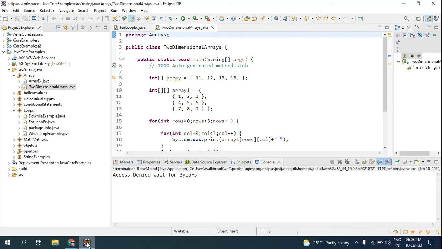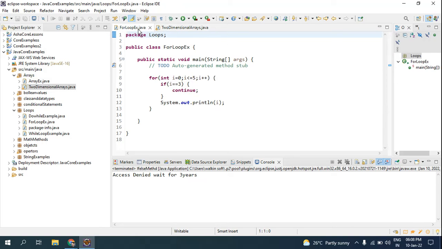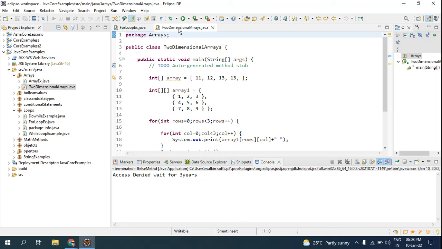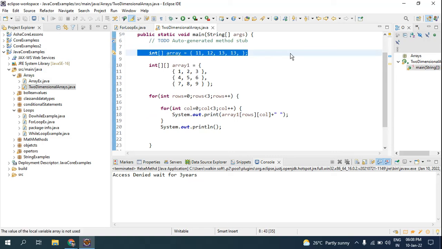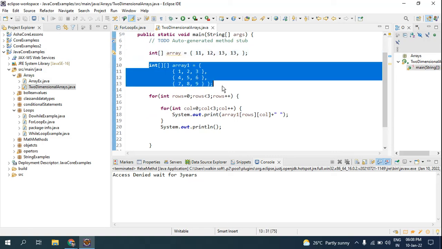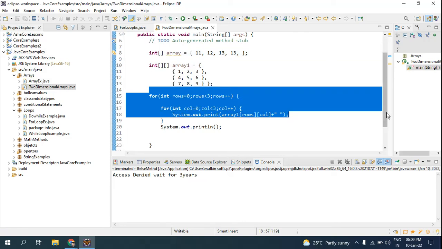So in the previous session, we talked about loops, like how you are going to pick out the elements and loop through it, iterate through it, and we had multi-dimensional arrays. Sorry for the interruption, guys. In the previous session we had arrays, like this is a single array and this is a multi-dimensional array, and how we are going to loop it.